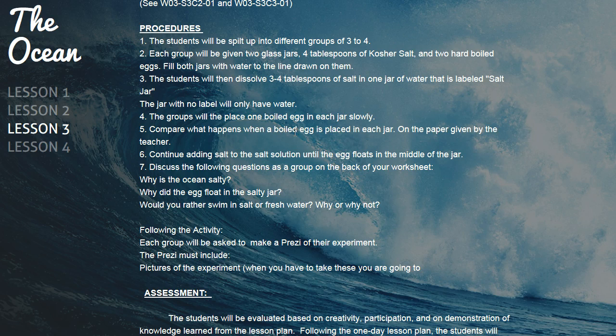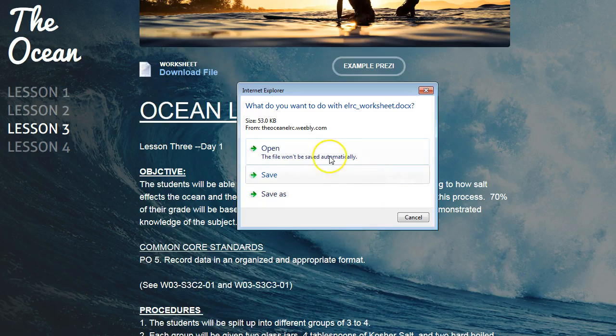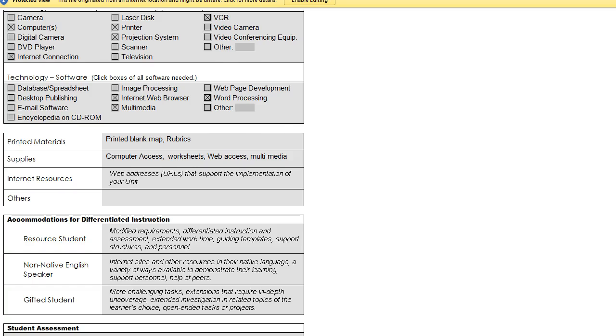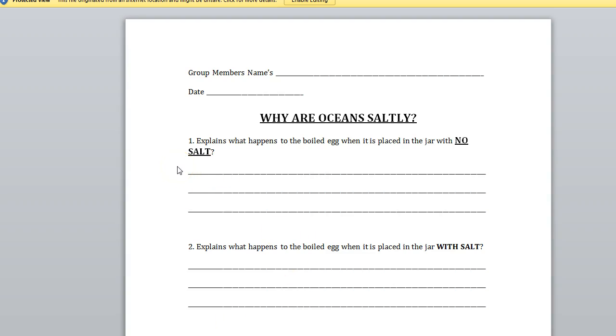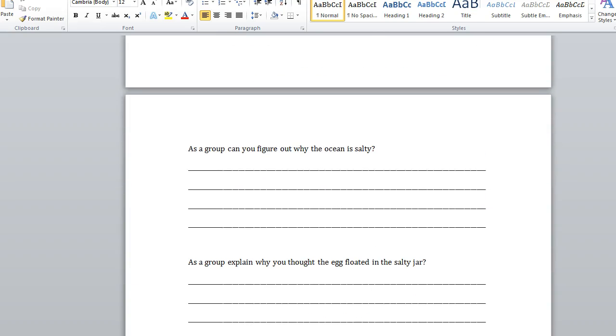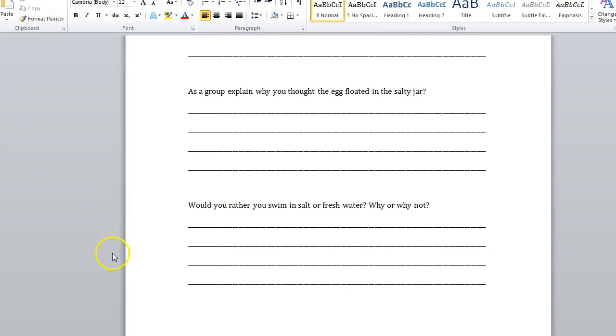They're going to put an egg in the jar, and then they're going to put the salt in the jar to see, when the egg's in there and the salt's in there, the egg rises. And then they're going to have a paper or worksheet with them. It's going to say to explain what happens when the boiled egg is placed in the jar, and then as a group figure out why the ocean has salt, and why they think that, and then